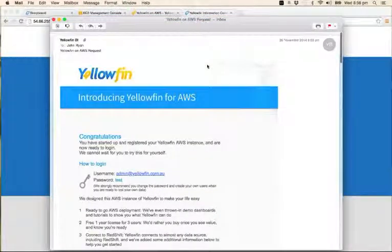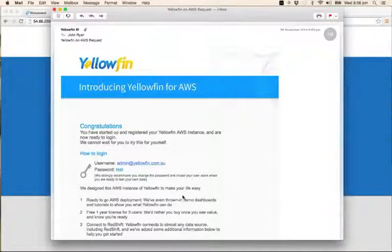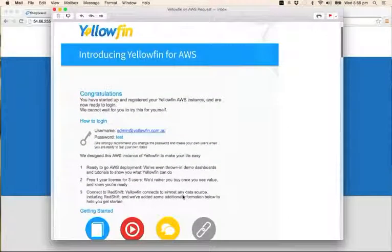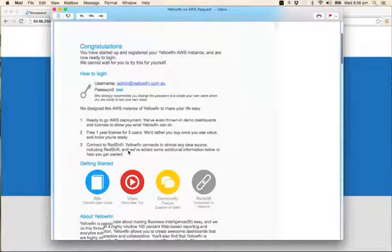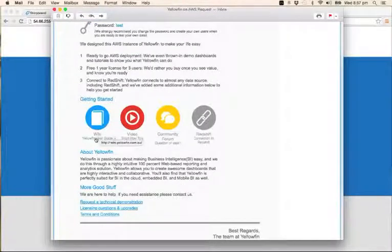it goes through, and you will receive this email, which essentially says congratulations, you've started up and registered your Yellowfin for AWS instance. Here is your username and password. A few hints on what you get with Yellowfin for AWS, and we've included a few little help guides. So this link here will take you to our wiki page. We've got some video how-tos, our community forum, as well as some information on how to connect to Amazon Redshift